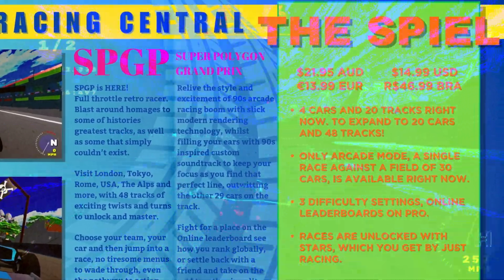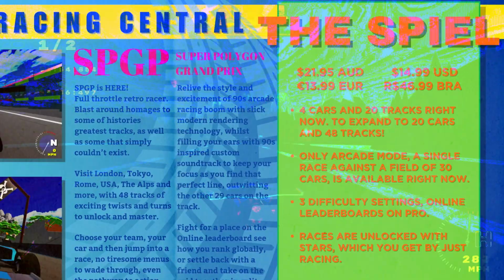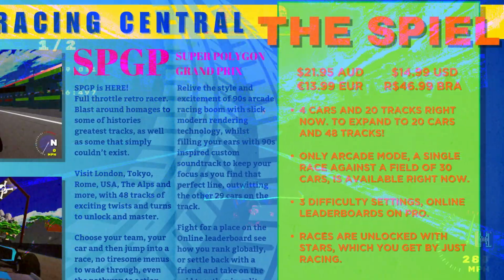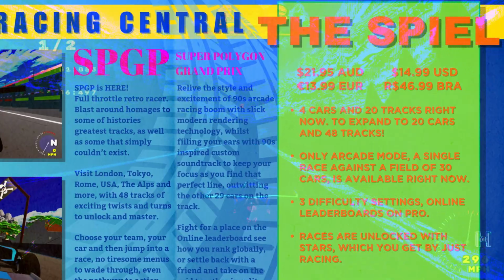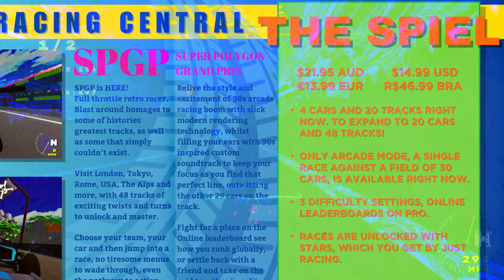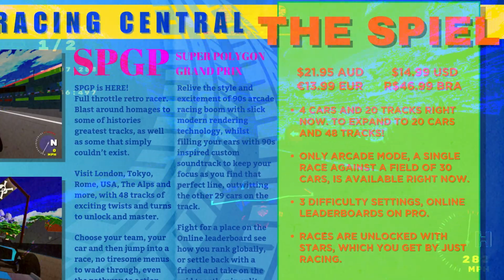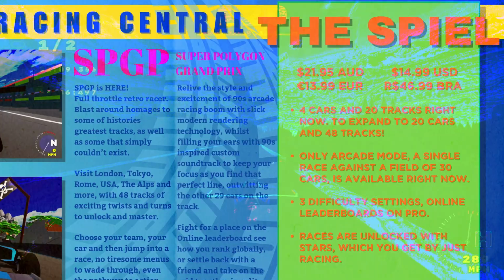SPGP currently has 4 cars and 20 tracks. Eventually, the plan is to have 20 cars and 48 tracks. There is only an arcade mode right now, which is basically single race. These races can be played on rookie, normal and pro modes, with only the pro mode leaving your race times